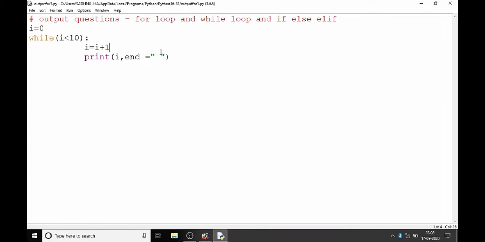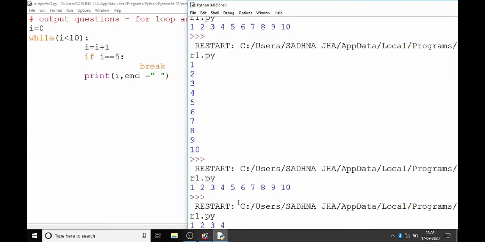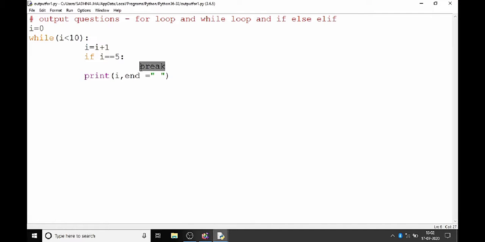Now, beta, I will explain you once again break and continue. The concept will be more clear. You have already seen break. Let us see again. This is 1, 2, 3, 4. As soon as the condition becomes true, when I value became 5, it is out of the loop due to this break statement. Instead of this break statement, if I write continue,